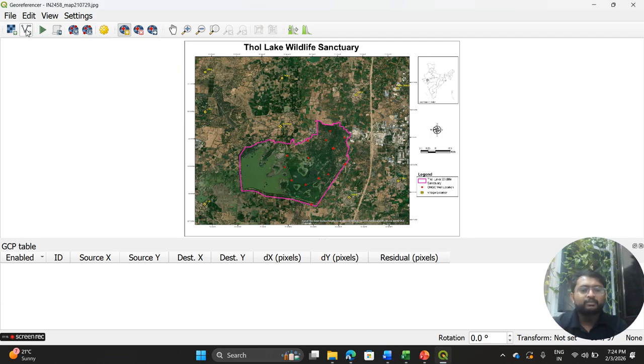But the problem is this will mostly happen when we are creating the data ourselves. Say I am a worker creating multiple GIS files, digitizing, and sometimes I forget to associate the coordinate system. I want to create my data in, let's say, degrees, but I created it in meters or inches or some random unit. Then you see the vector data properly, but it is not overlapping on a world